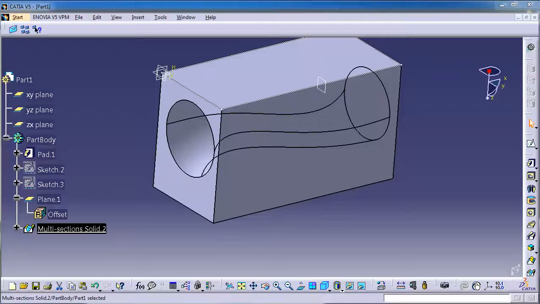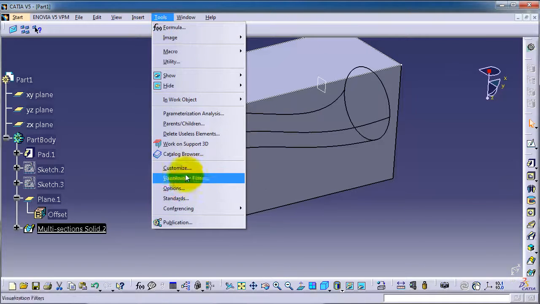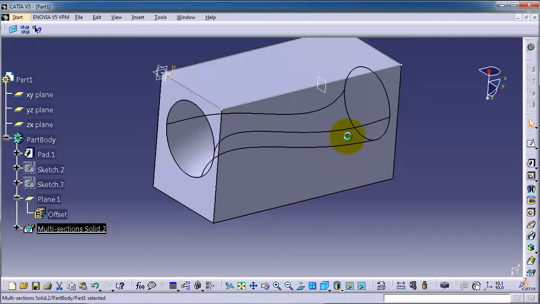Tutorial number 43. We're going to talk about the edge fillet. Normally you can see the edge fillet on the right side, and if you don't see it, simply go to Tools, Customize to reset all the previous menus,